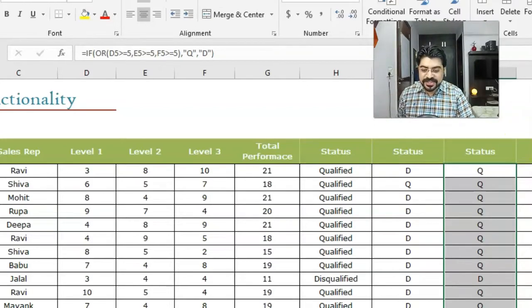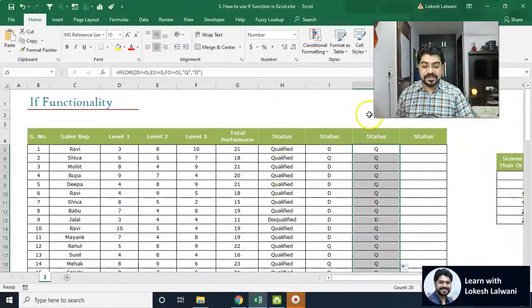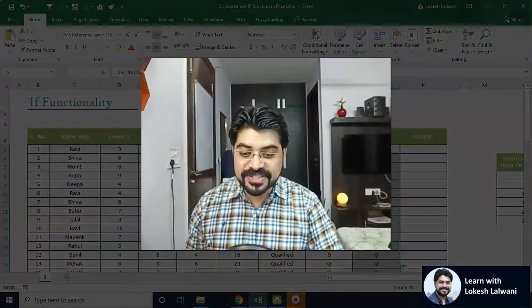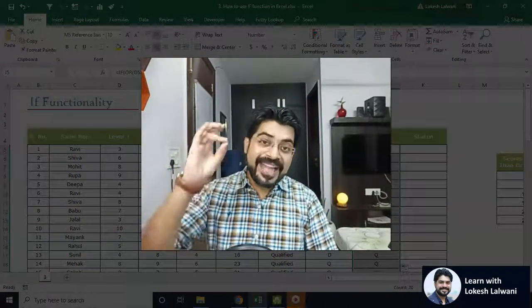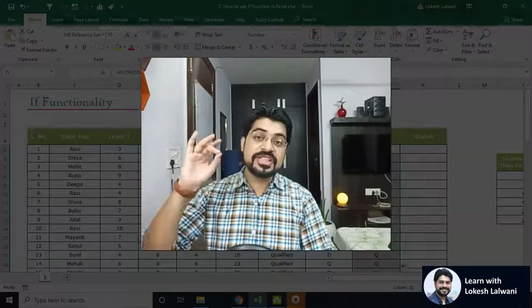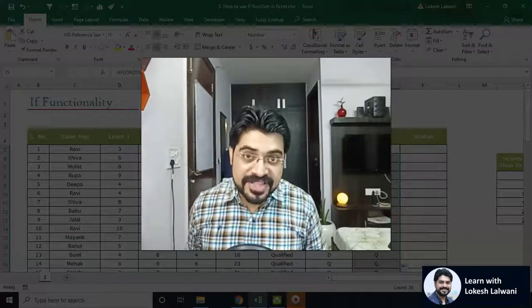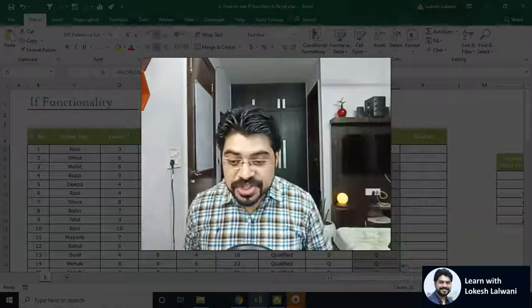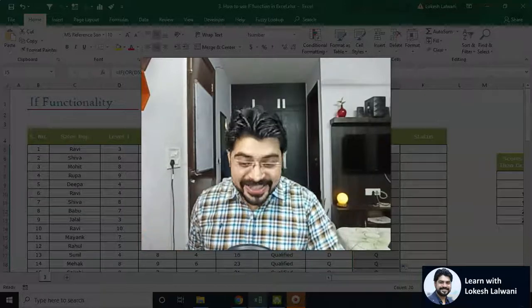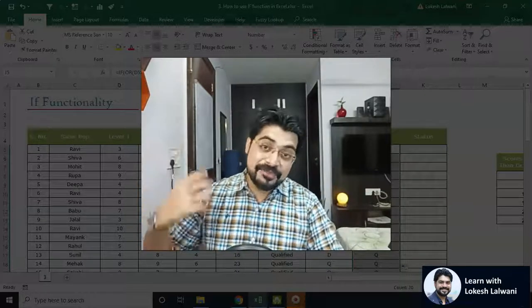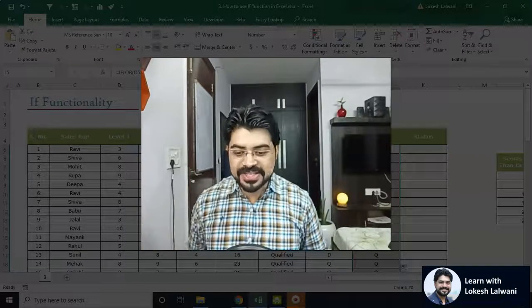So these are a few examples of using the IF condition. In this example, what I've shown you is how we can use the IF condition, how we can use IF with AND, and how we can use IF with OR conditions. We have the in-depth module of the same in my different course which is there on my platform, having in-depth data, in-depth files, in-depth videos over there. So you can also check it out. Otherwise, I hope you got it.